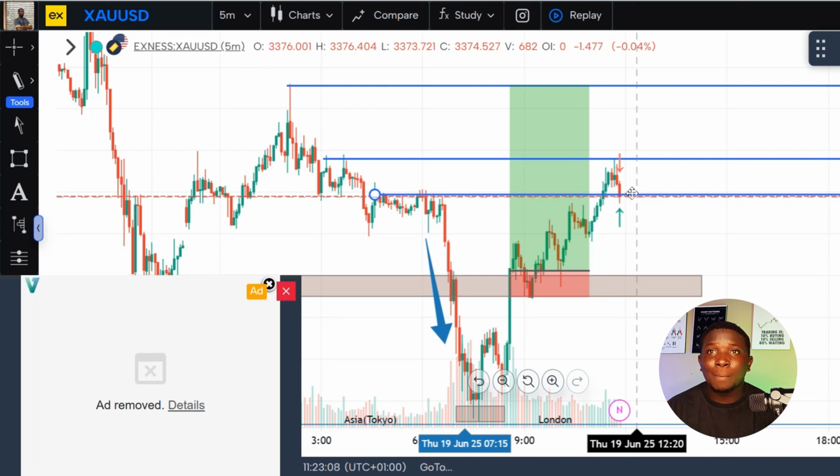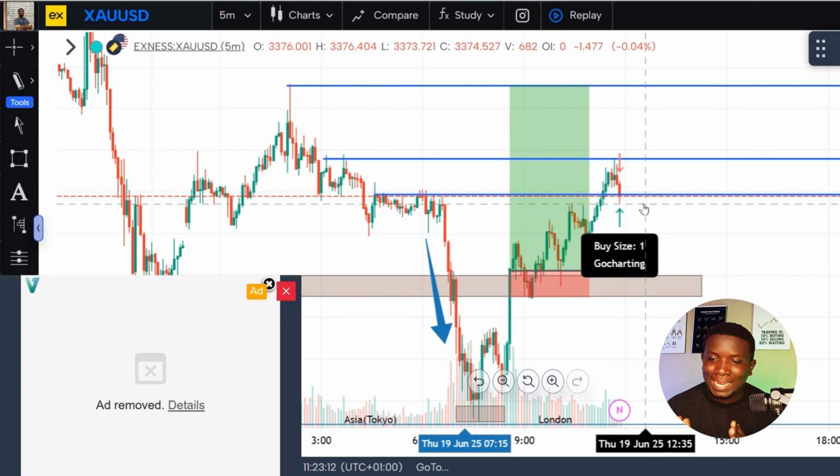So at this level, I'm gonna have to just take a stop. I'm gonna have to close the trade from here, and that was how I was able to secure about 80 pips in profit today. So you can actually do the same thing. Whenever you come to the market, take analysis like this, look at what has happened yesterday, what has happened today, make decisions and be bold about your decisions.